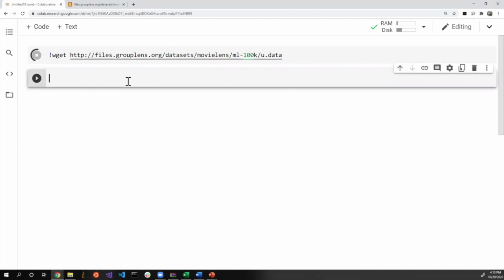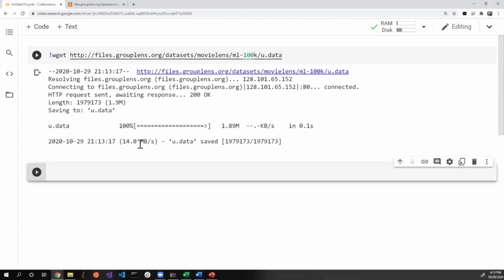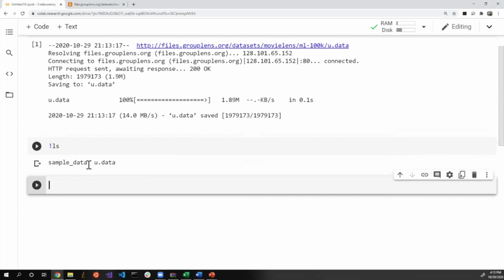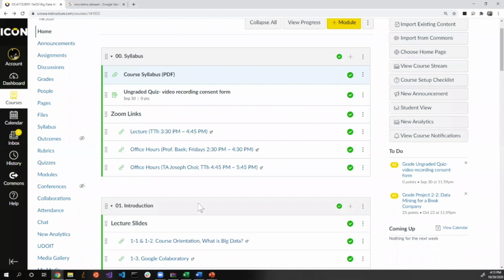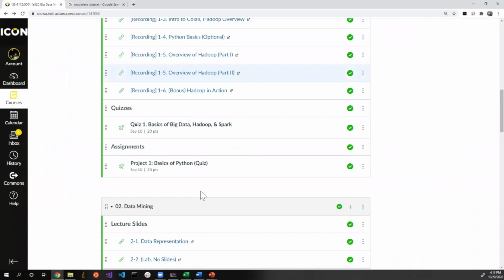Okay, so it's going to then start to download the data file from that data source. If you type ls, then you can see that there's a u.data downloaded from the data source. Now, what I'm going to do is go to that